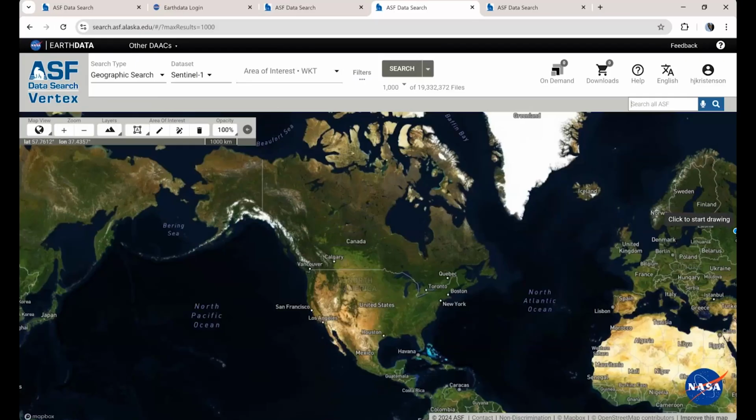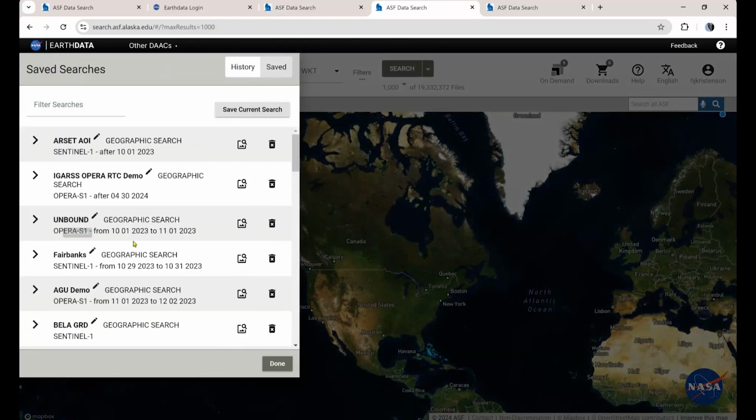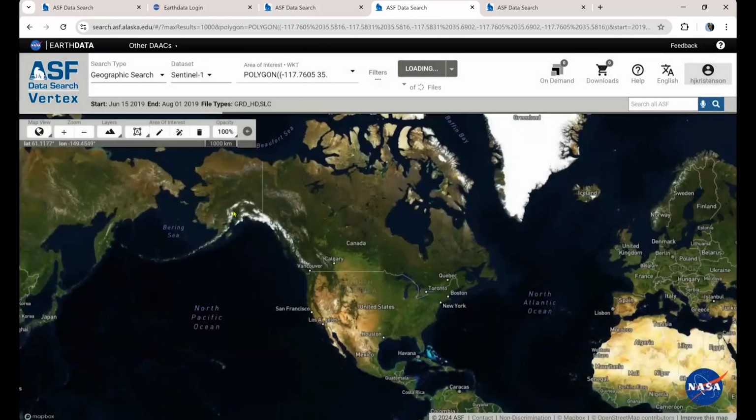So here we are back in Vertex. Because I'm logged in with my Earth Data login account, it not only gives me access to download the datasets, but it also allows me to do things like save searches, which can be pretty handy. So if you do a search and you want to save it for later or share it with a friend, you can save your search and come back later and select a saved search. So I'll launch this Ridgecrest search